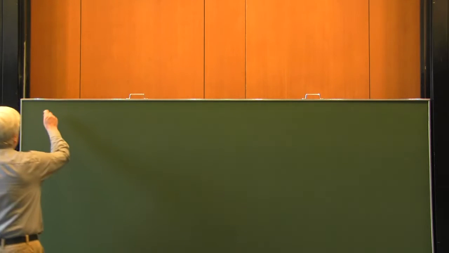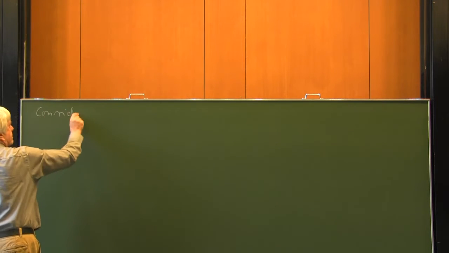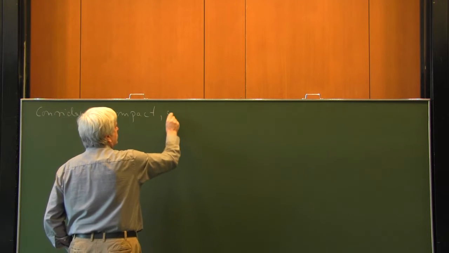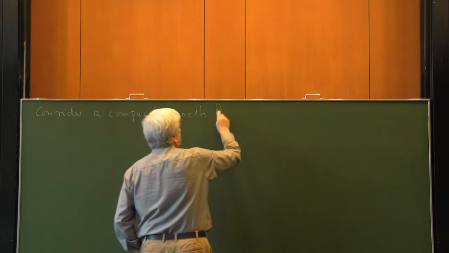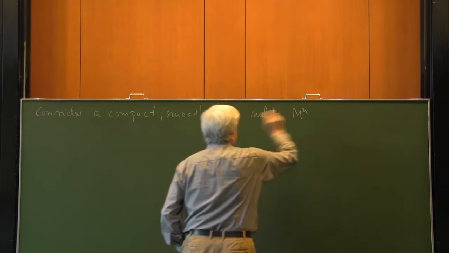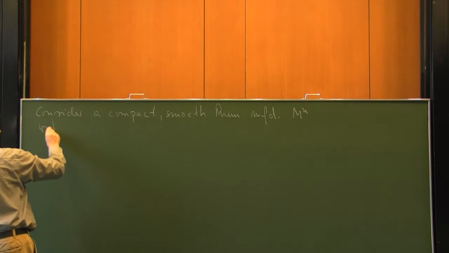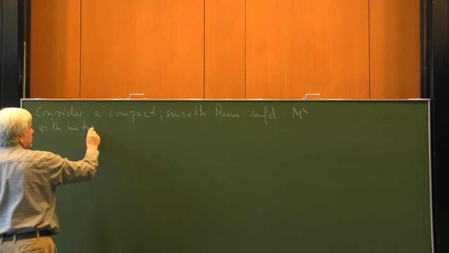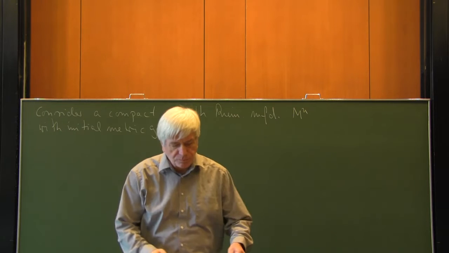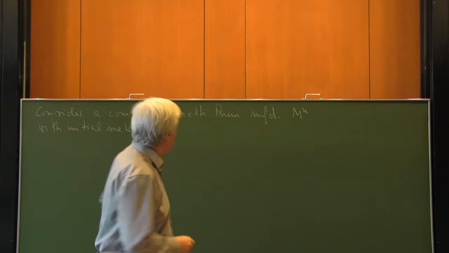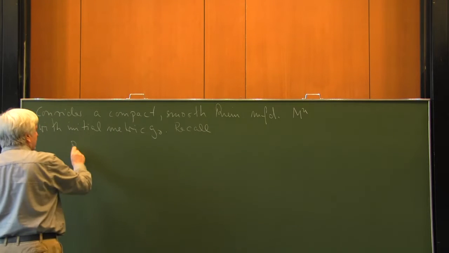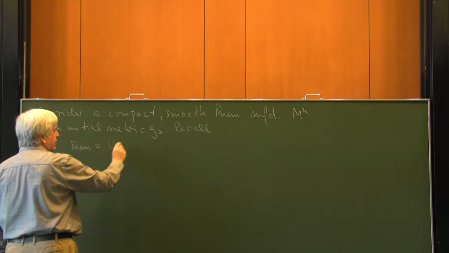So consider a compact smooth Riemannian manifold Mn with initial metric g0 as before, and recall that the Riemann tensor can be decomposed into